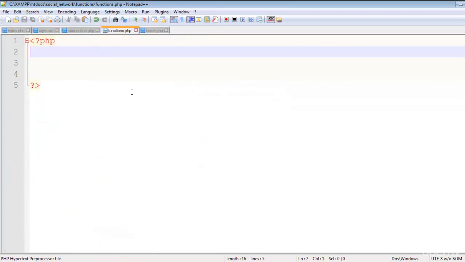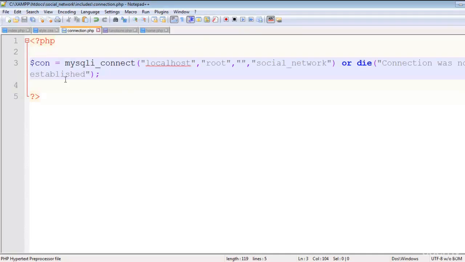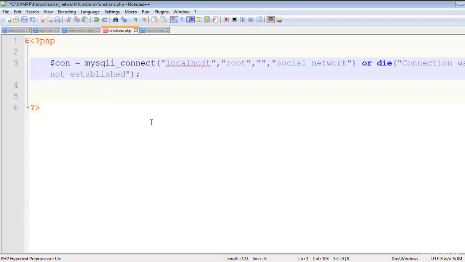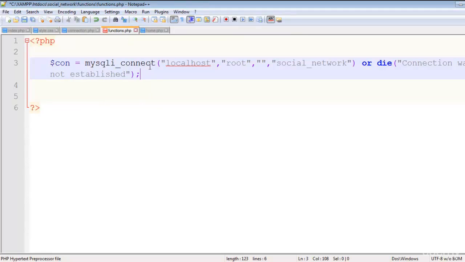So let's start here. First of all, we need to create another connection here. We'll just copy this whole thing and paste it here. This is the connection, because that is a different connection. We will use that one when we need it in other pages, but in functions.php we have first created the connection right here, and after that we will say